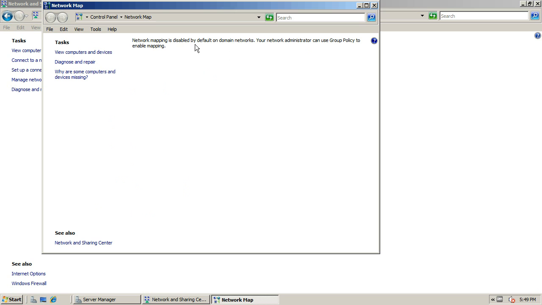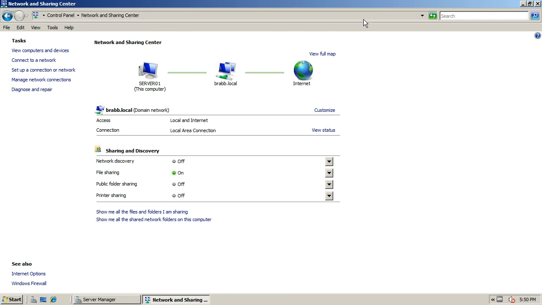And network mapping has been disabled by default on domain networks. So we need to build a group policy that enables that. That's something that we'll do in the future, in the next activity. So let's go ahead and close that, and then we can click on the Customize button,